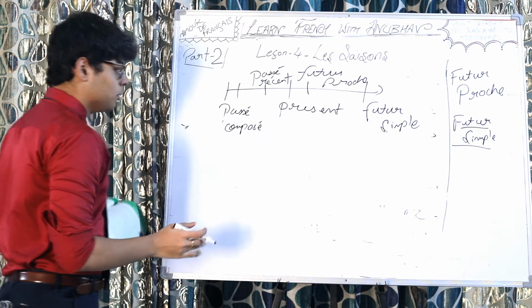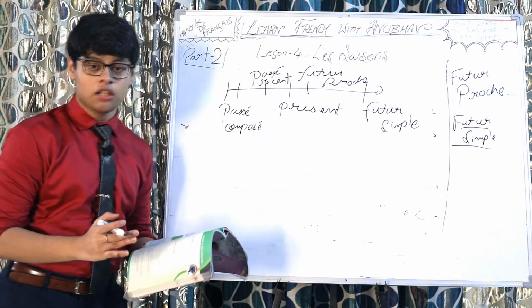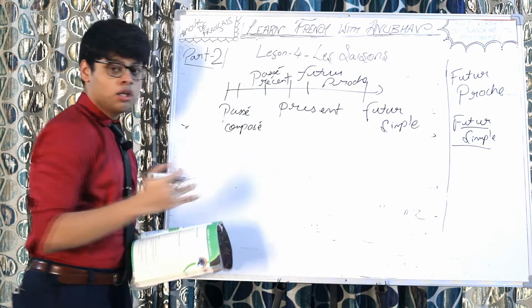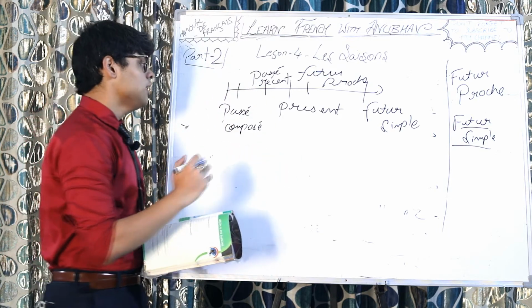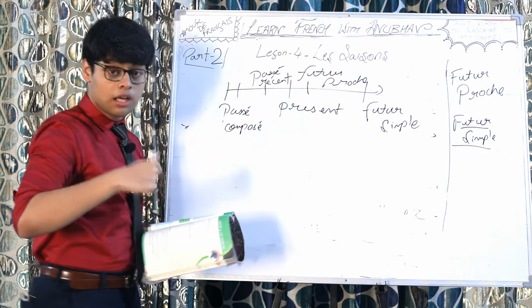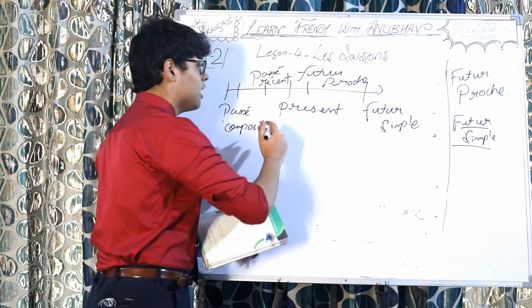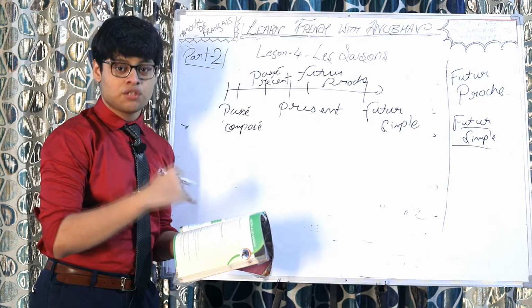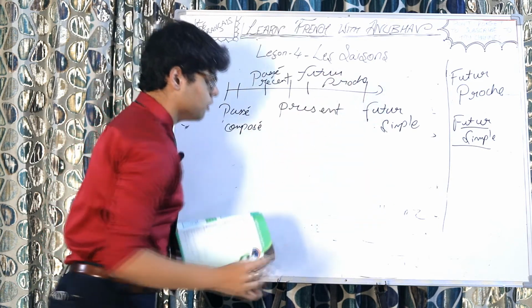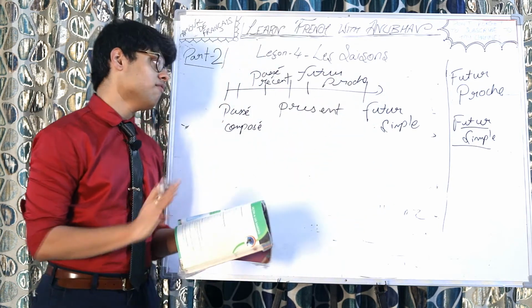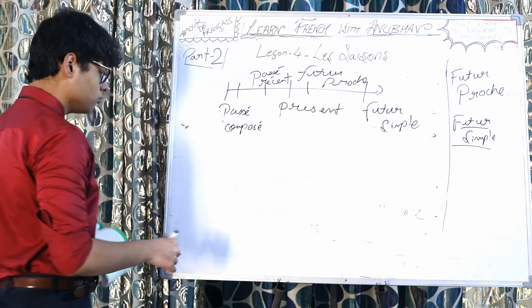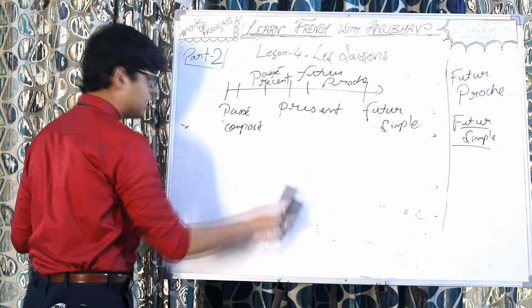So following the chart, first will be passé composé, past. Then passé récent, the event which just happened. Then we have present tense, the current event. Then the event which is going to happen, futur proche, and the event which will happen, futur simple. So we have this time chart for 5 tenses as of now right here. Again, let's erase it.